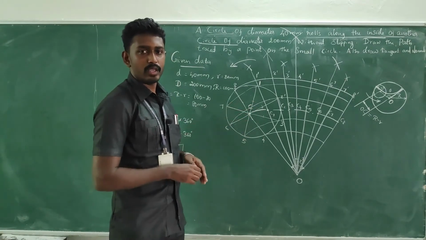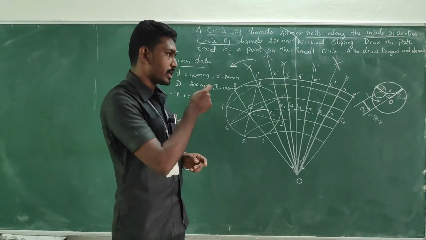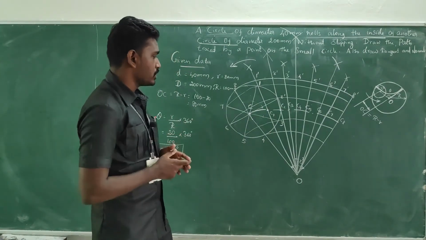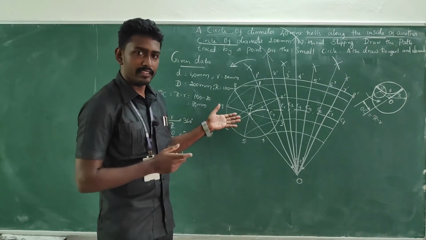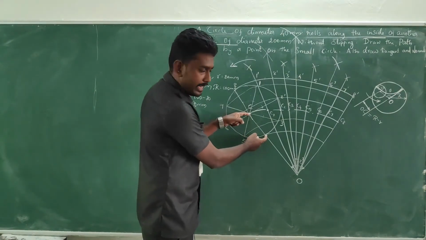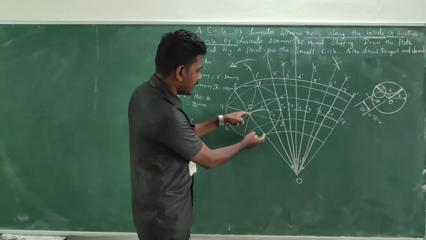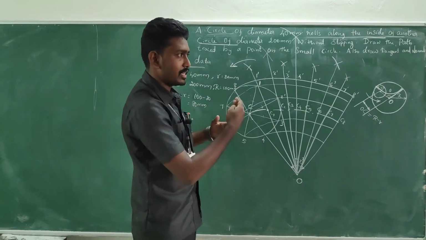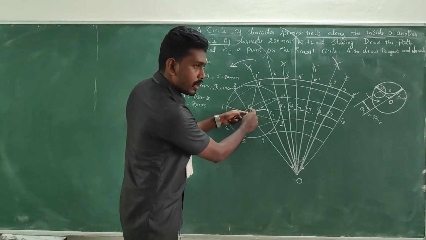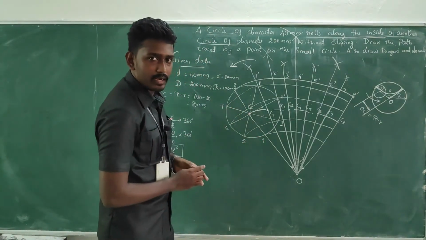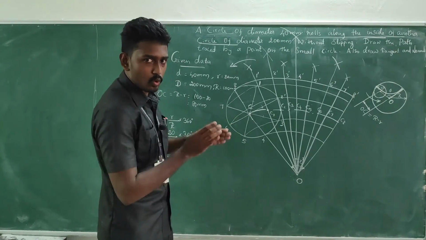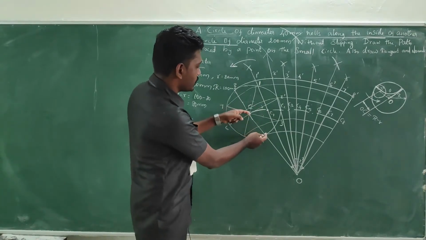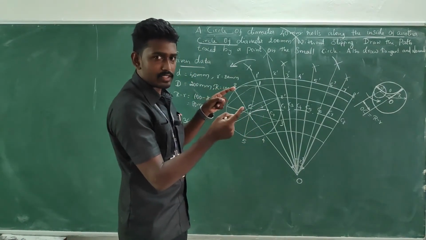Now the remaining thing is we need to pick all the points to conclude the profile of the hypocycloid. Okay, so it's the same procedure as the epicycloid. What we did there, we measured the rolling circle radius, right? The same thing we are going to do. We are taking the rolling circle radius as a constant measurement to pick each and every point, because at any position the distance from the center to the outer periphery is not going to change, right? It won't change. It always stays constant if it moves to any position. So we are fixing the radius as a constant one.